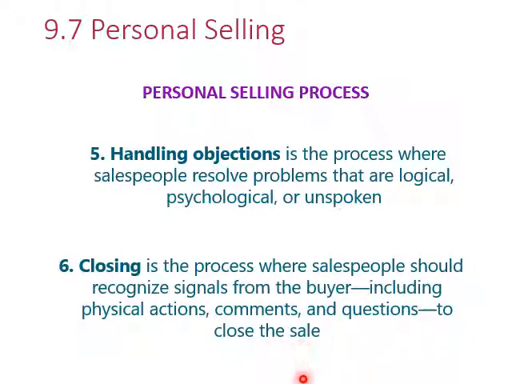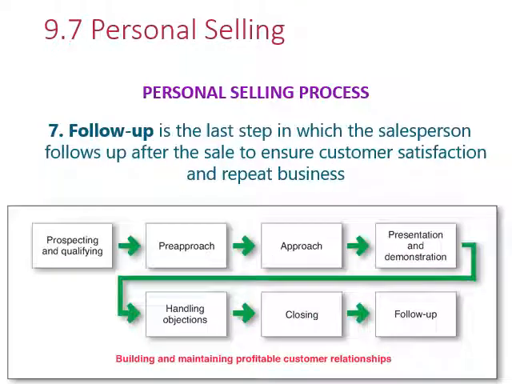Closing sales means you get the sale done, meaning get the customer to buy the product. That is what you call closing sales. This includes the customer making payment, or making a deposit, or giving their credit card details and so on, for you to process the payment for the customer to purchase the product. Lastly, the final step of the personal selling process is follow up.